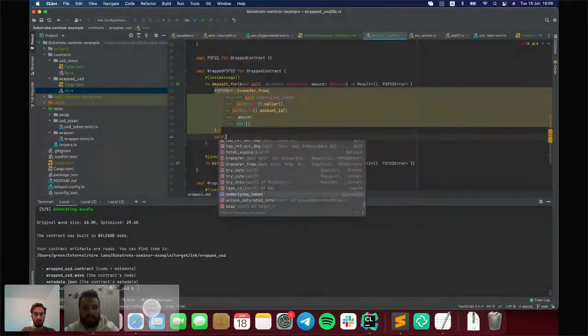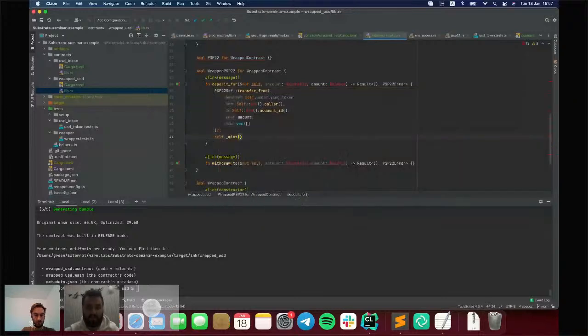So the first step is to transfer tokens to the wrapped contract, and the last step is to mint the same amount of tokens for the account specified when calling that method.